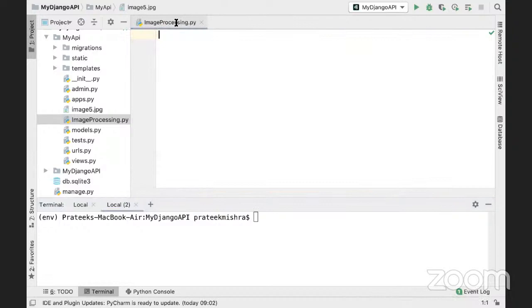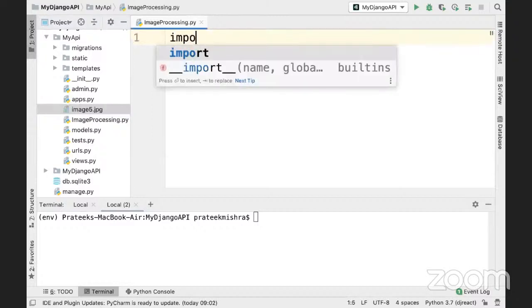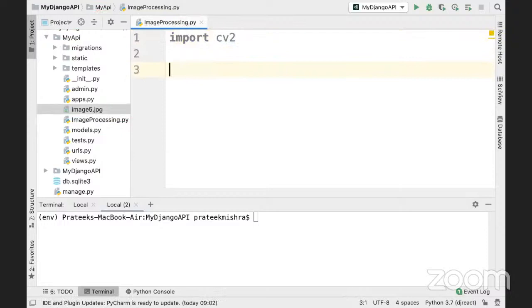I have this image, and my plan is to open it with the help of the CV2 library. How can we do this? I'm just going to import cv2, just one line. If you want to open any image, you first have to read it, whether you are going to show it to the user or visualize it. We need to open or read it. So I write image equals